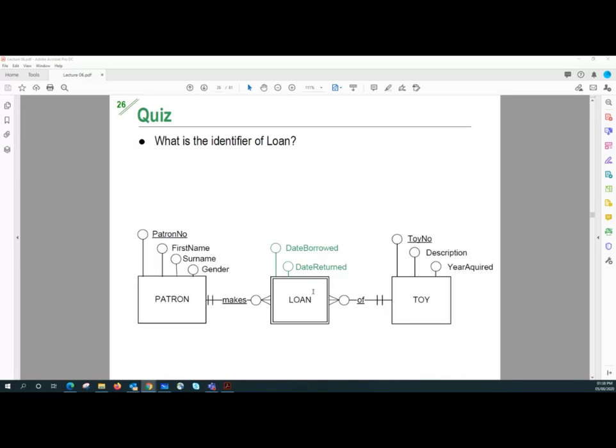Otherwise it doesn't make any sense, right? So that means the toy number has to come from the other side as well to determine the primary key. Therefore I just underline the right hand side relationship as well. So the patron number comes here as a part of the primary key, and the toy number also comes there as a part of the primary key. So patron number plus the toy number,